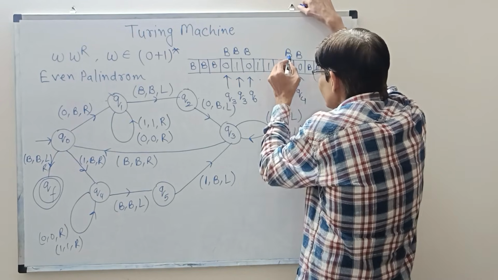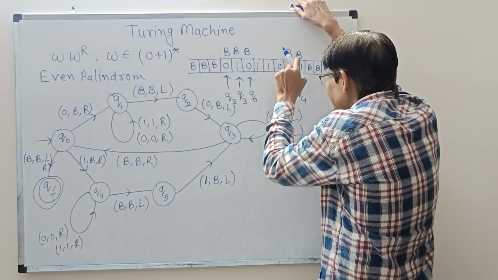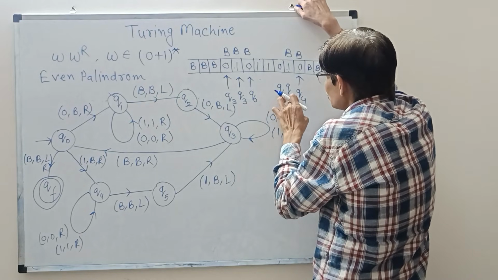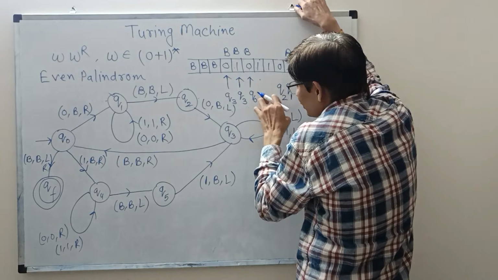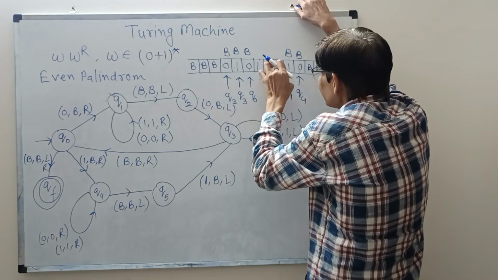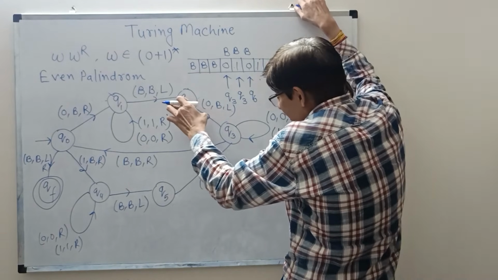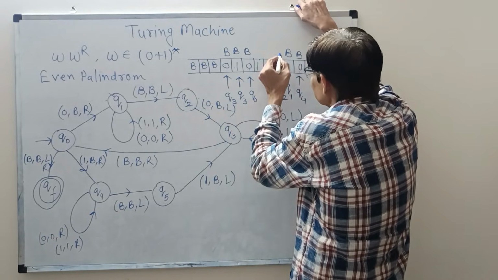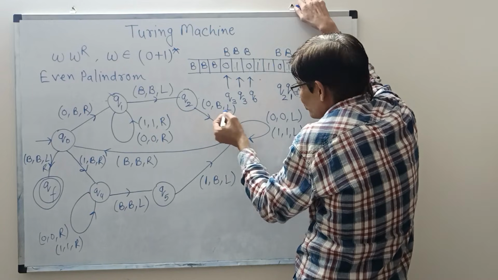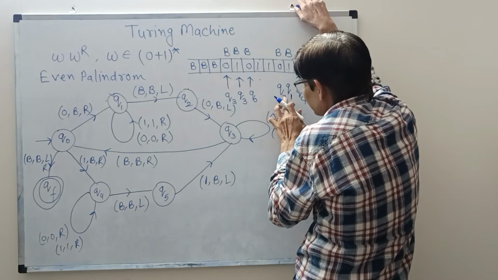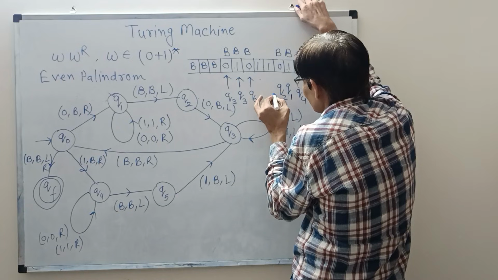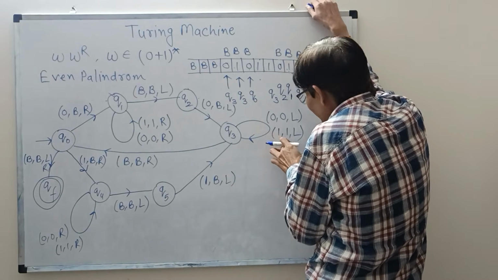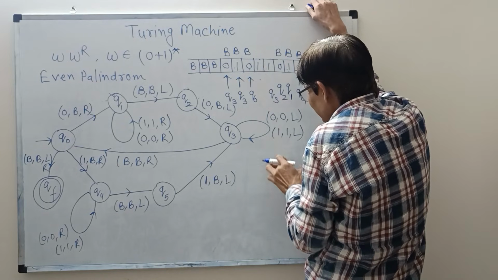Now on Q1, if you are getting blank, you will leave it as it is and you will start moving towards left. So now you are on Q2 and you will get 0 again. On Q2, you will get 0, so you will convert this 0 into blank and you will continue moving towards left, but you will change your state to Q3. Now on Q3, you will get 1, so you will leave it as it is and